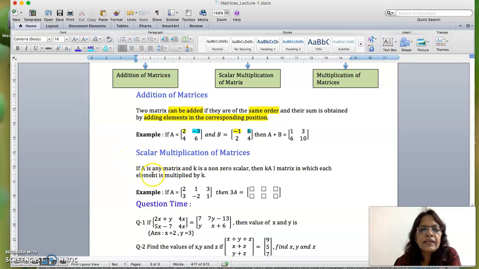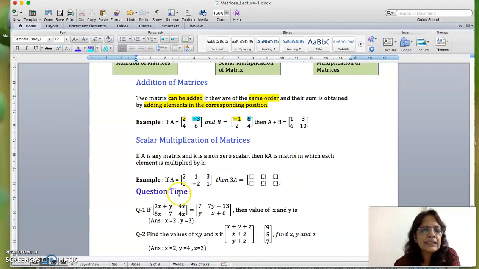Okay, so if A is any matrix and K is a non-zero scalar, it can be a negative number, a positive number, a fraction, then KA is a matrix in which each element is multiplied by K. Example: here, if matrix A is given as 2 1 3, 3 minus 2 1,